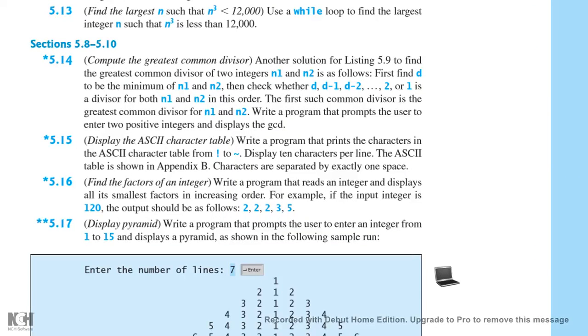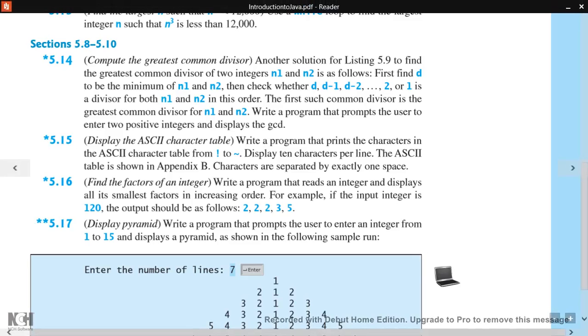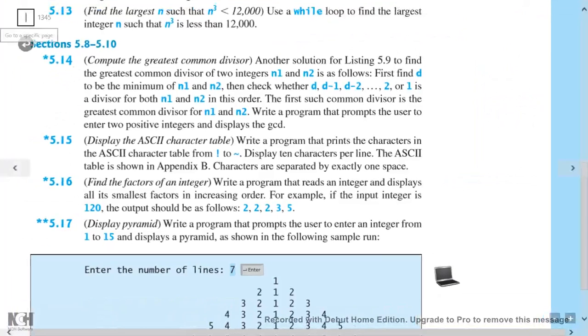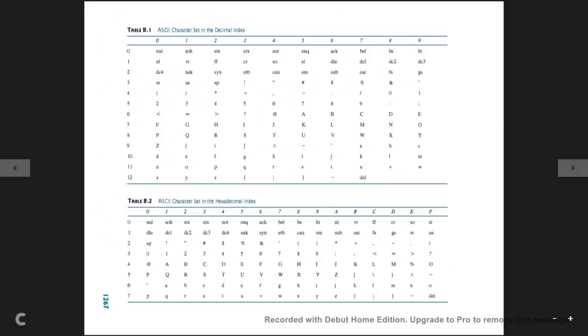Okay, so we've got to display 10 characters per line. The ASCII table is shown in Appendix B. Characters are separated by exactly one space. So what we want to do is jump on to Appendix B, which is on page